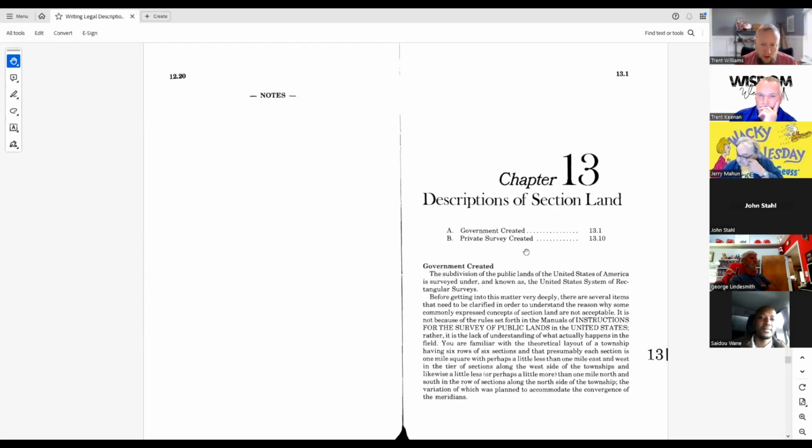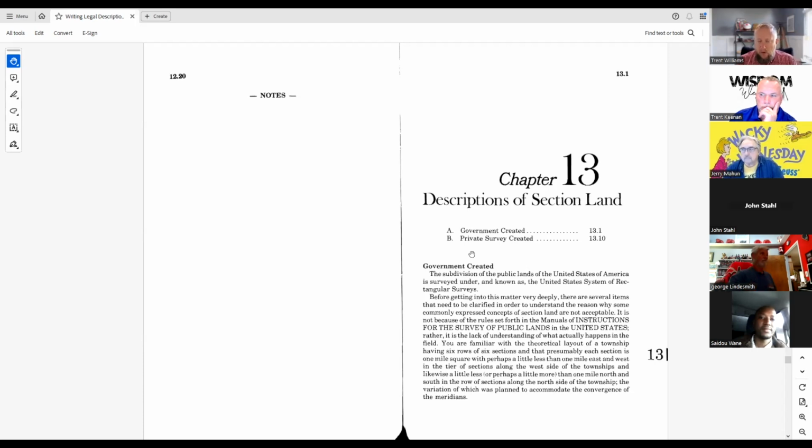But when we talk about descriptions of sectionalized land, we can get into what we call aliquot parts, right? Equal proportions of this. And the thing to remember is the sections themselves are perfectly imperfect. They are 1 mile squares. That was the intent. And that's what they are until we go survey it and realize that they weren't laid out on the ground perfectly. And we respect the history of what was laid out on there.